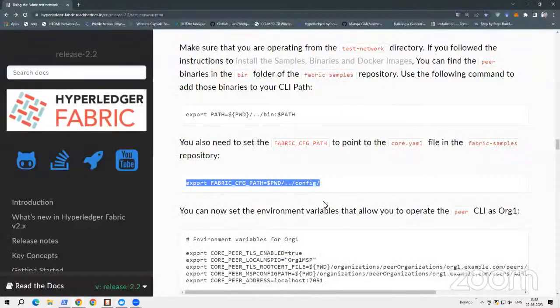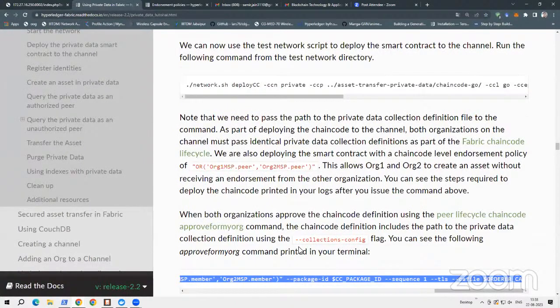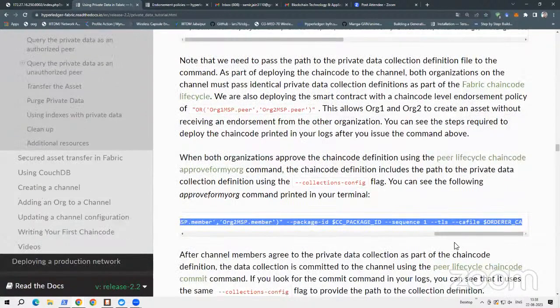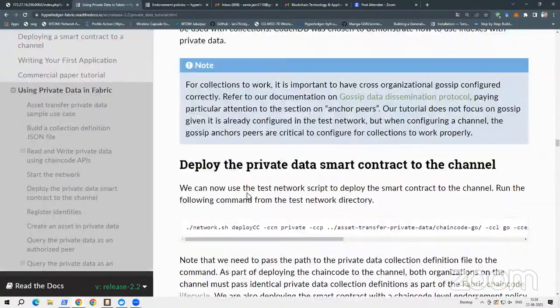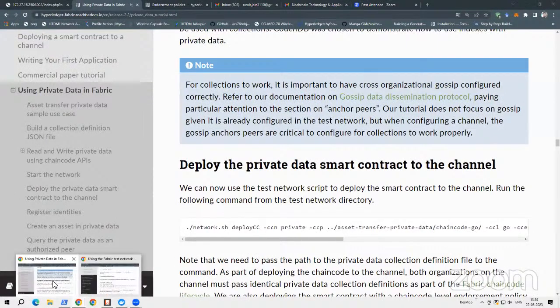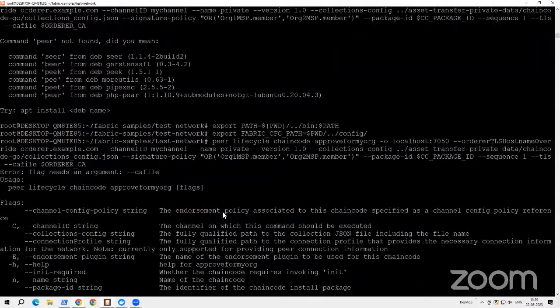So let us come back to this thing. Let us check it out. What is the problem behind? Okay, it is giving us